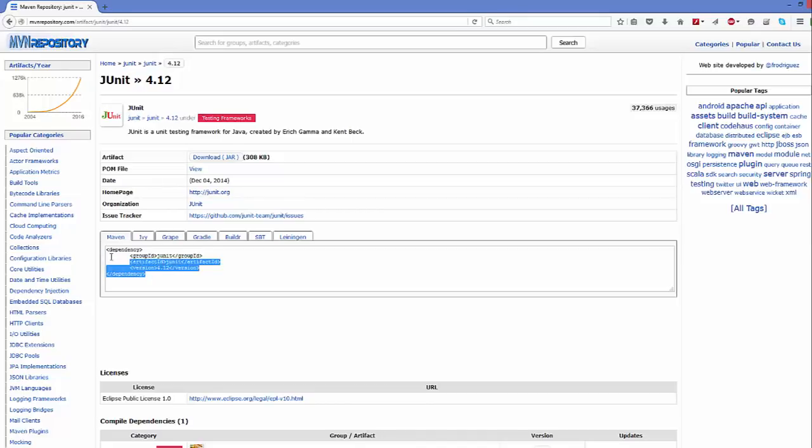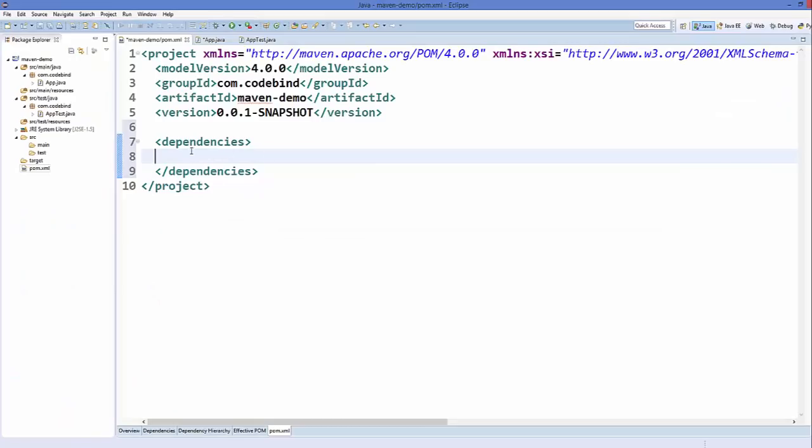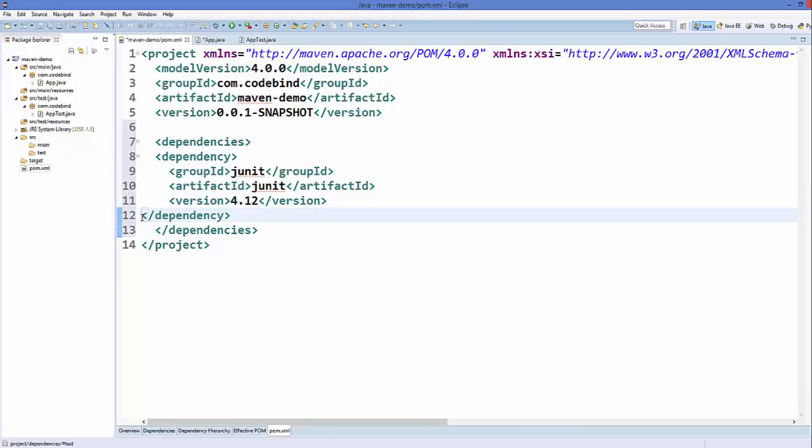So just copy this dependency from here and go to your pom.xml file and paste it here. Okay, and what does this dependency contain? It also contains the group ID. So this JUnit framework, whenever it was created, the JUnit people gave it some group ID, artifact ID, and